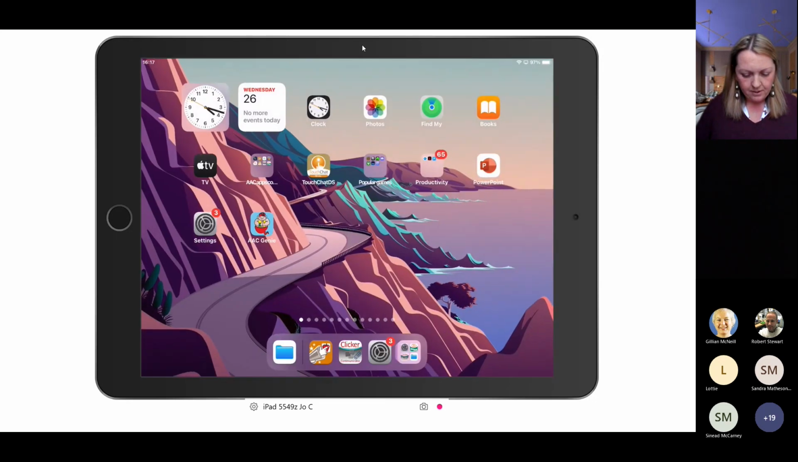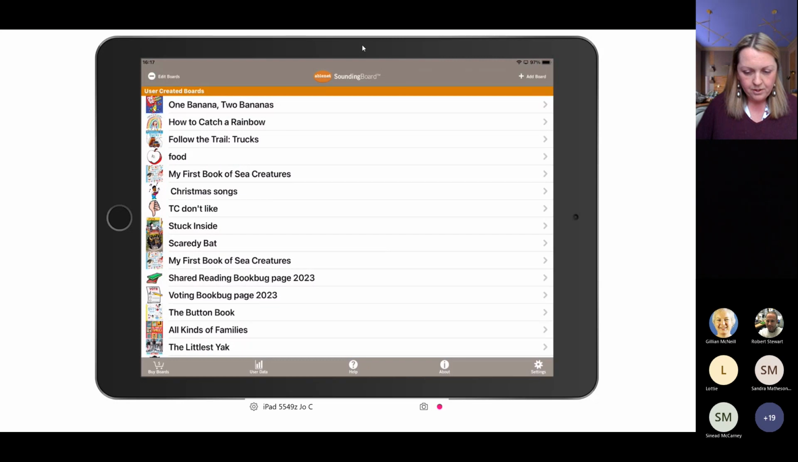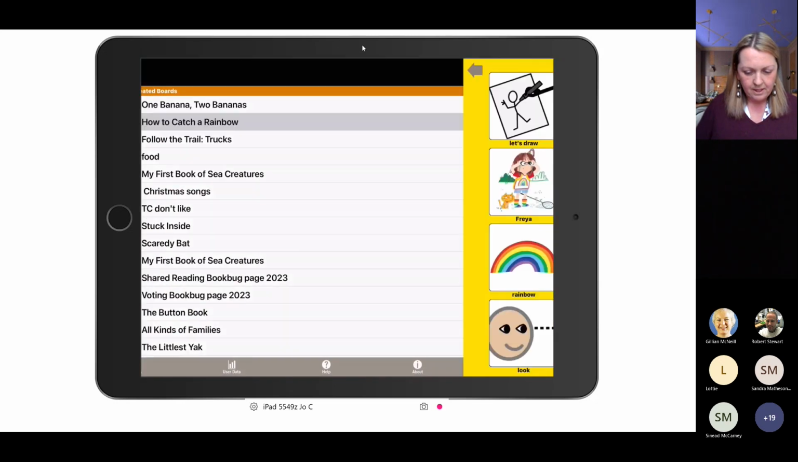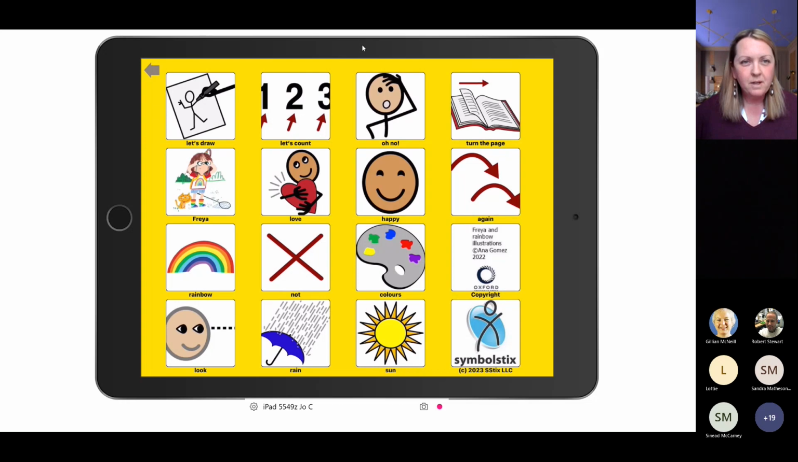And then when I go back into my board, I'll use a different board, How to Catch a Rainbow. I'll do this one. And now when I use my switch, I'm pressing the switch and it's going to scan through with a 3-second dwell time there, scan speed. Turn the page. And when I press my switch, I'm making the selection, and it's just a simple linear scan going through the options. So that's just simple scanning set up with the Bluetooth switch interface, and that's on Sounding Board, and